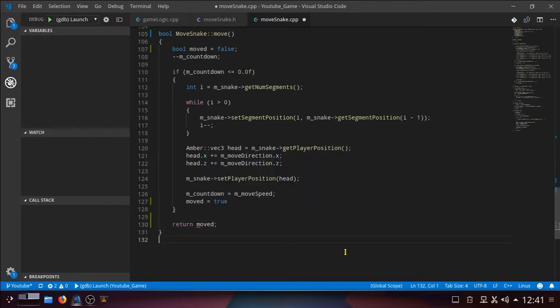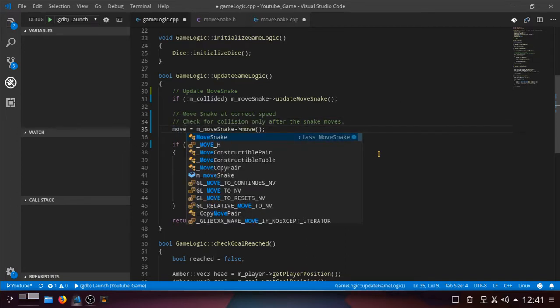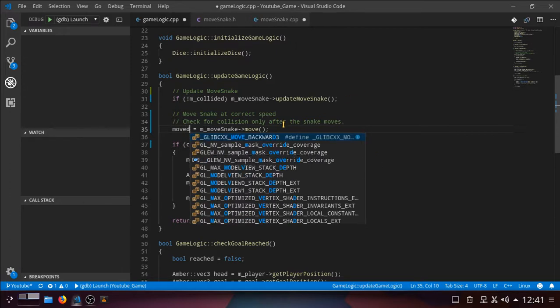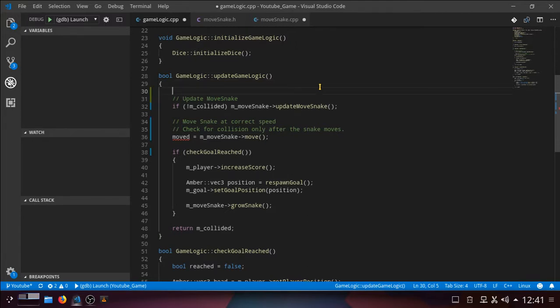So we're not returning whether we collided or not now. We are returning whether we have moved or not. We are now passing everything back to the game logic to decide what happens. So we now know that we've moved. And it's a bool. I've added... Don't like doing that, but I'll think about that some other time. Moved equals move snake. So if moved equals false,